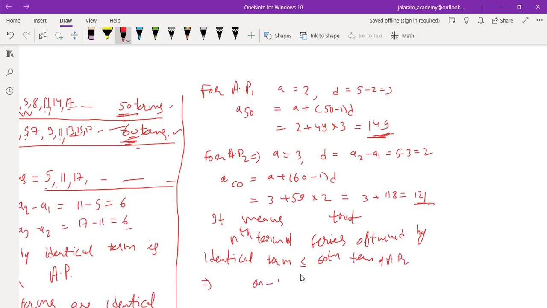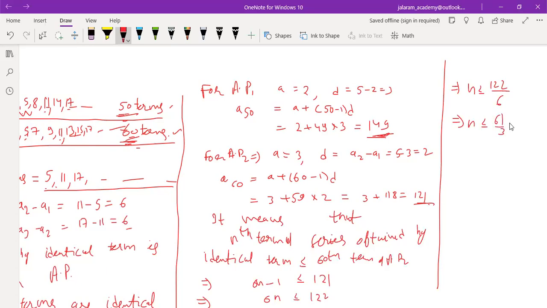So 6n minus 1 must be less than or equal to 121. That is, 6n is less than or equal to 121 plus 1, 122. So n is less than or equal to 122 by 6. That is, n is less than or equal to 61 by 3, 20 whole 1 by 3. It means n equals 20. It means that there may be 20 identical terms